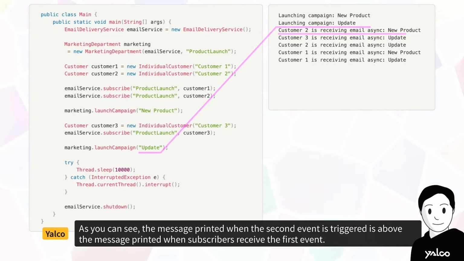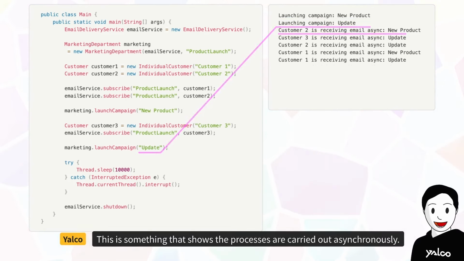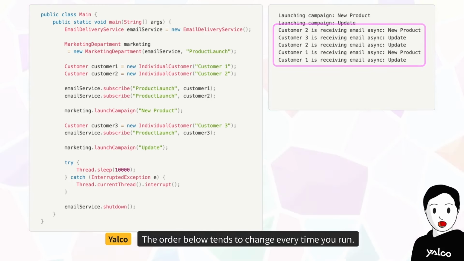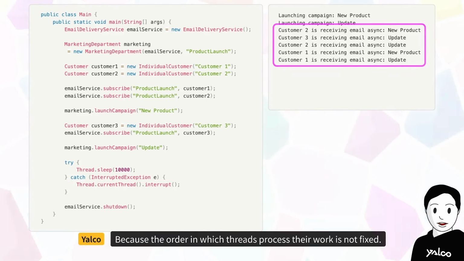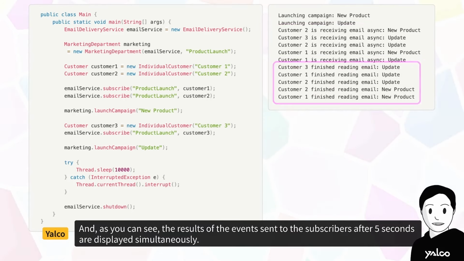As you can see, the message printed when the second event is triggered is above the message printed when subscribers receive the first event. This is something that shows the processes are carried out asynchronously. The order below tends to change every time you run, because the order in which threads process their work is not fixed. And, as you can see, the results of the events sent to the subscribers after 5 seconds are